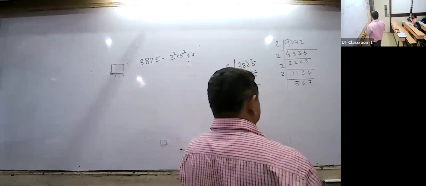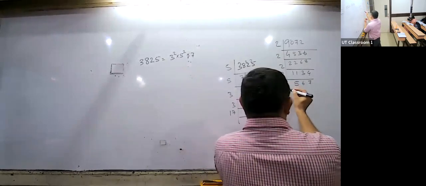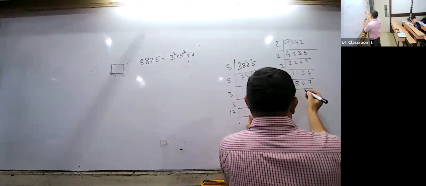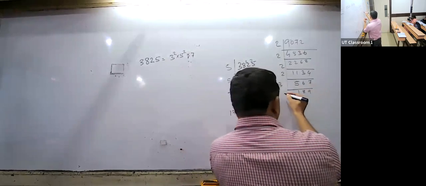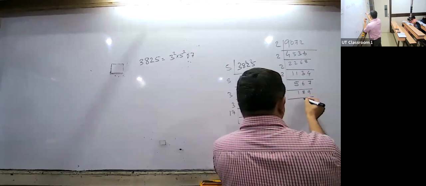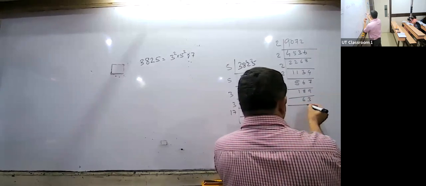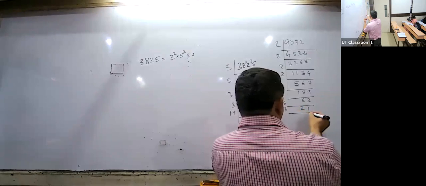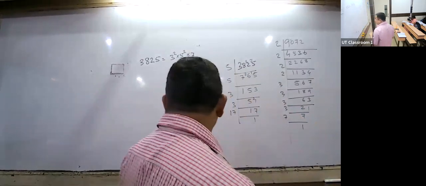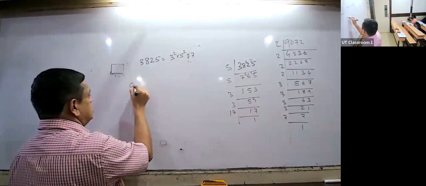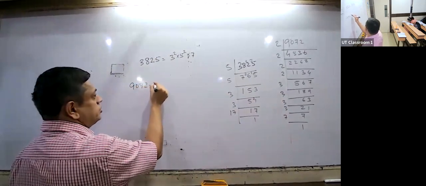So you can see it is coming as 3s are. Okay, 3s are. So 3s are how much you will get as 1, 8, 9. Again 3s are. 3s are how much you will get? 6, 3. Again 3s are. 2, 1. Again 3s are. 7. 7 is a prime number. 1. And your answer will be 9072 is equal to